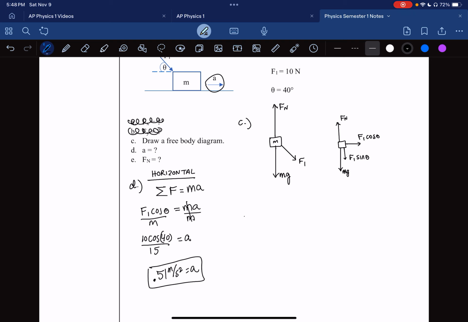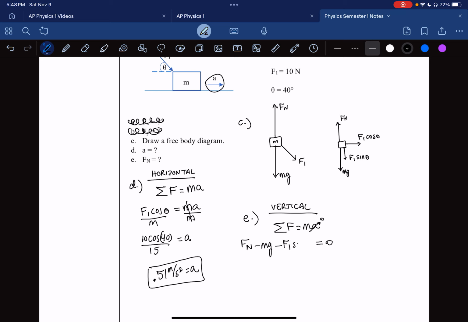Cool. And then we have part E. What is the normal force? Okay. So of course we're going to do vertical. The lawnmower should not be accelerating vertically, just horizontally. So F equals ma. A is 0. And the tricky part with the vertical is putting in these vertical force components into this equation here. I'm going to put Fn first. And notice that we're going to subtract mg, but notice that F1 sine theta is also opposite of Fn, so we have to subtract